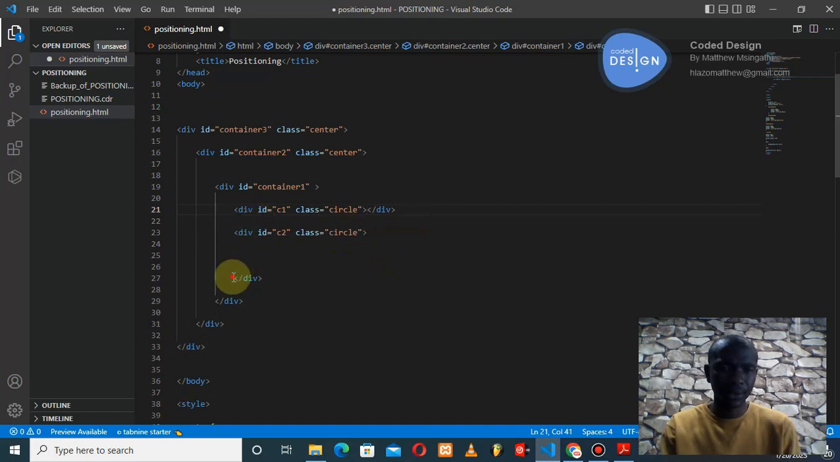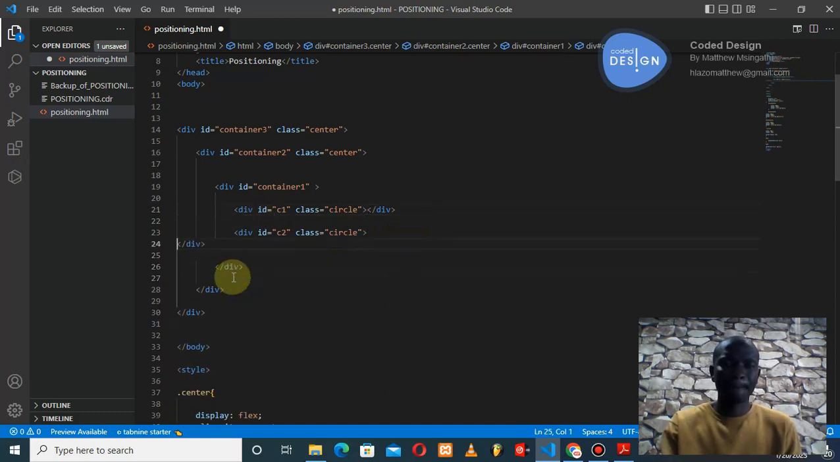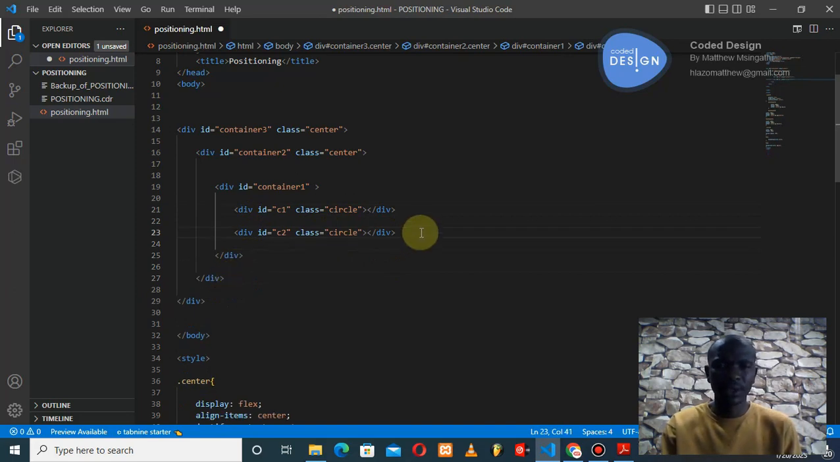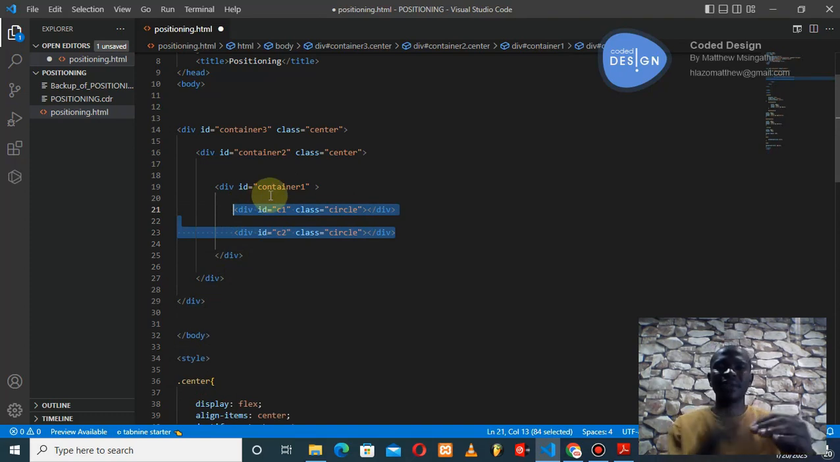I'm opening and closing it. Okay, this container, the red one, is too small for me to stack the circle, maybe 4 of them, so